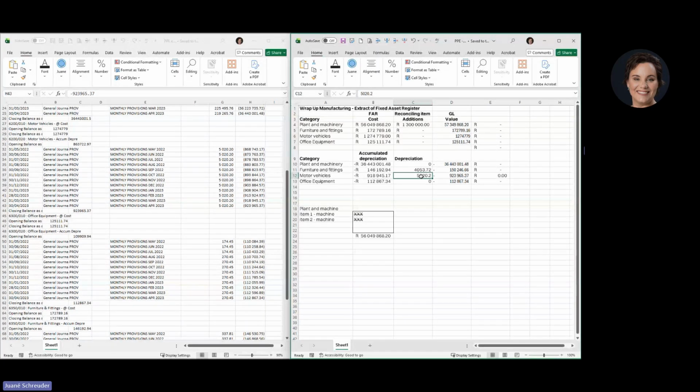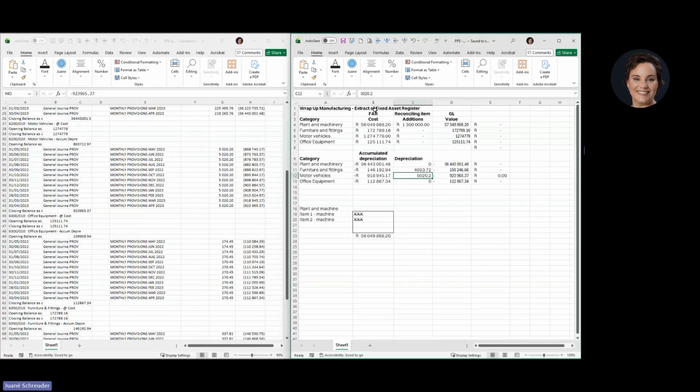So once the client has updated the fixed asset register, or we have just agreed these and we now know that the fixed asset register, we can work with it, then we have reconciled it and we are ready to go. The one thing that I want to quickly mention in this regard is that you might have heard the term IPE, or information prepared by the entity, by the client. And this fixed asset register is essentially a document that the client prepares.